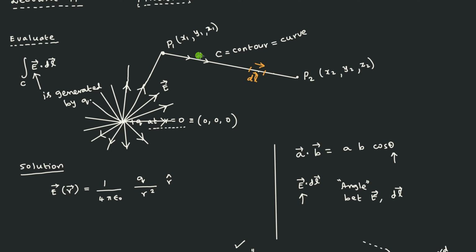You are going to travel from P1 to P2. You are going to walk along this line. When you walk along this line, what is happening to the electric field direction? Whether the electric field direction is constant or the direction is also changing, that is what you have to think. So for that you draw the line here. If I draw a line like this, that will be the direction of the electric field. If you stand here, the direction of the electric field is this, and your travel direction is this.